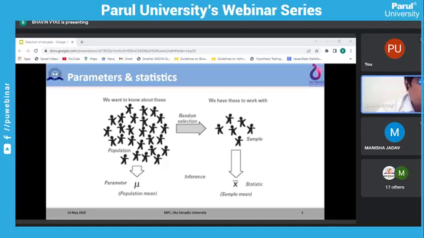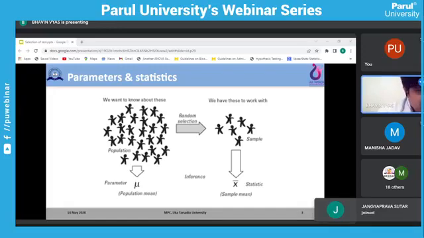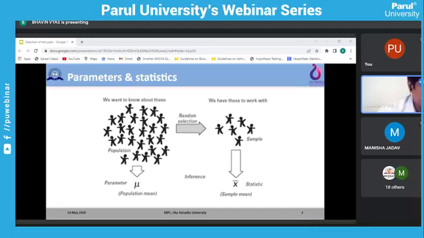We always do have the samples. We have samples, so we do data analysis on the sample, and then we conclude for the population. These two terminologies you should know: if in statistics a mean is noted in the form of mu, you should consider that as a population mean. And if it is written as x bar, you should consider that as a sample mean.